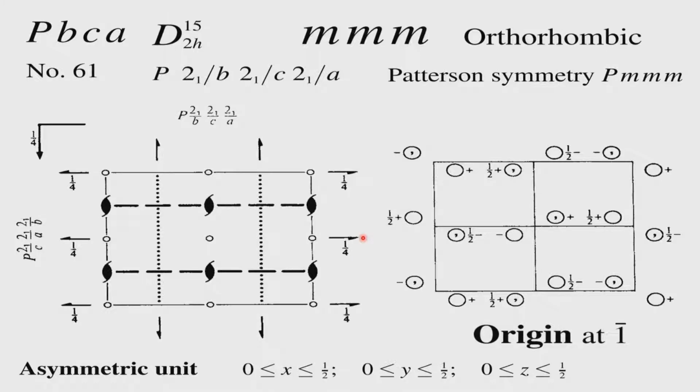Let us go to another example, which is PBCA. I have taken all the common crystal systems which you come across, particularly chemists, and also in the pharma industry. You will come across only lower symmetry systems because you are dealing mostly with organic compounds, and pharmaceutical compounds have all these functionalities which make the molecules very flexible, and so the crystal systems into which they go are lower symmetry space groups.